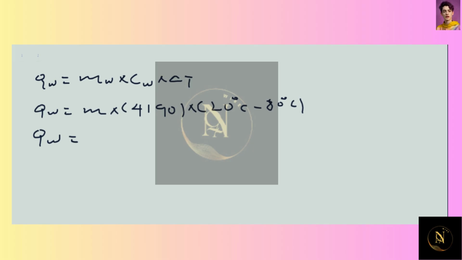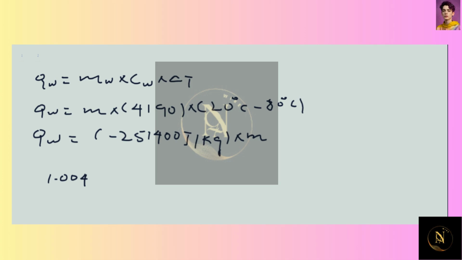Therefore, QW is equal to minus 251,400 joule per kilogram multiplied by mass. Now, to get the mass M, substitute for Q water and Q ice. So doing so, we get